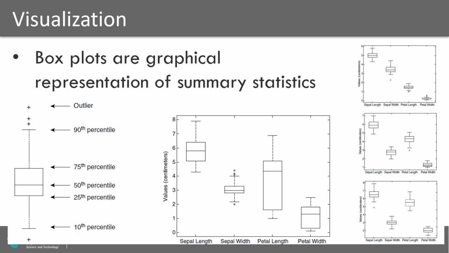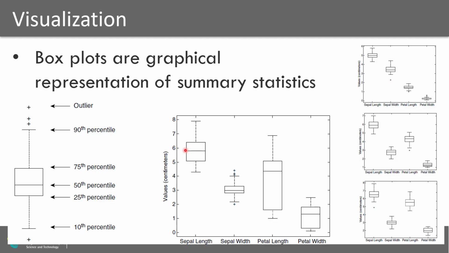A very powerful visualization technique coming from the statistics domain are the so-called box plots. A box plot is a visual representation of summary statistics, in fact, characterized through various graphical elements which encode very specific information. For example, we can see in the middle of the box plot the 50th percentile. So where is the value? We can see the 50th percentile, which we now know what it means,